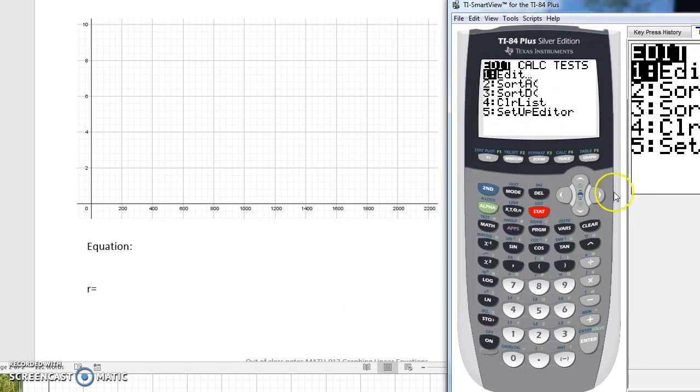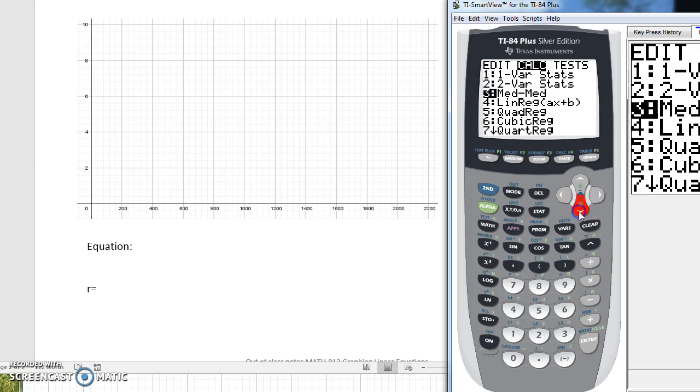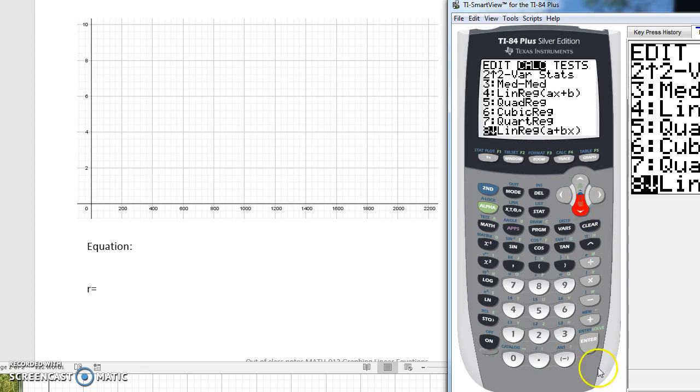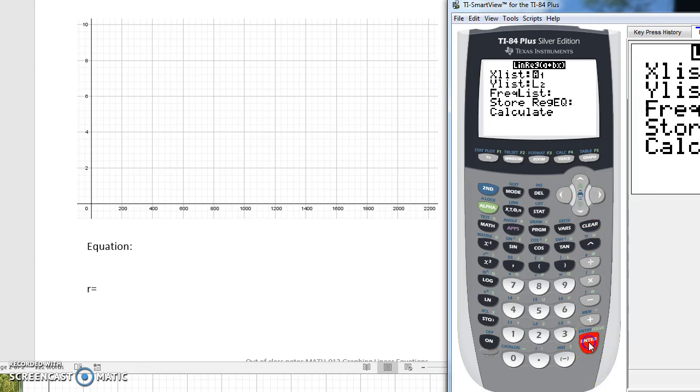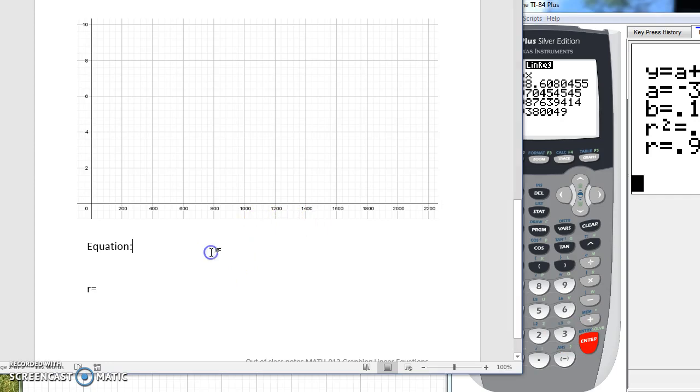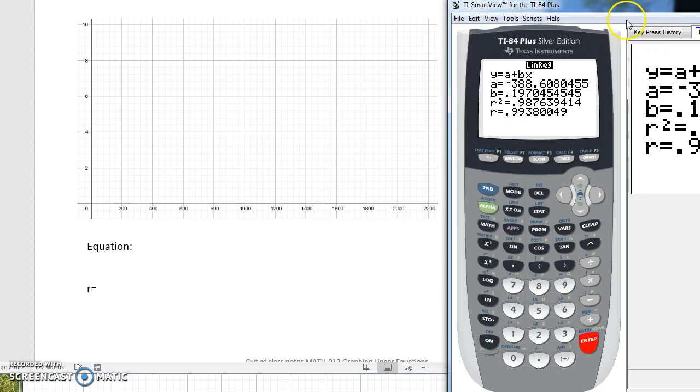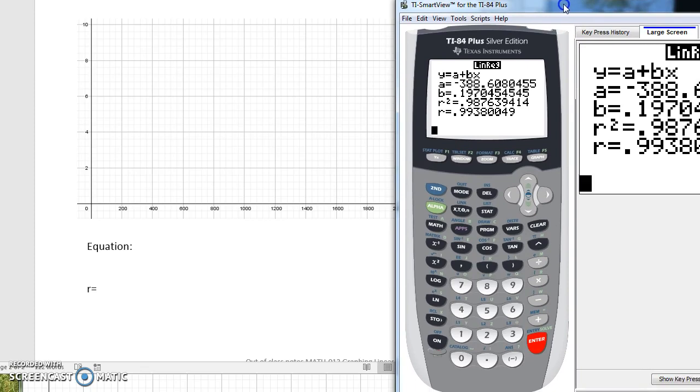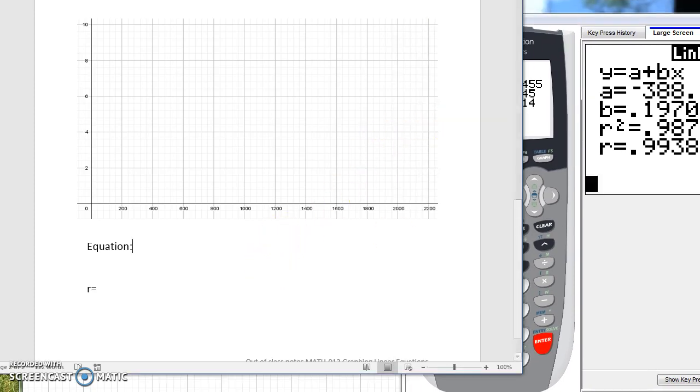So we're going to go to Stat, we're going to calc number 8. Come on, there it is. A plus bx. Yes, yes, cool, great. Calculate. All right, so our equation is y is equal to, it's ax plus b. So I'm going to kind of slide this over so I can take a look here. We're going to need to round this, of course, but it's going to be y is equal to negative